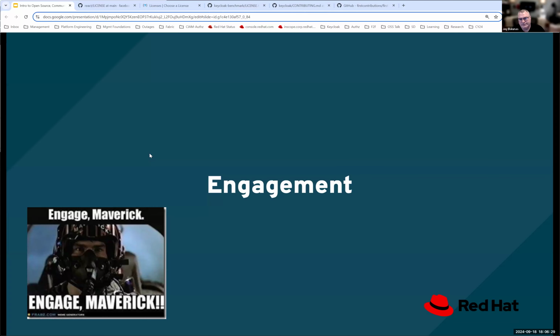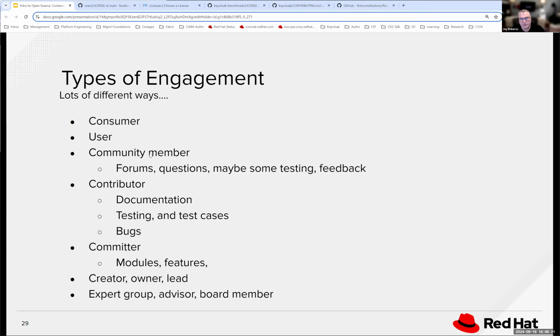All right. There are lots of different types of engagement with open source. As I mentioned before, you can just consume it. You can just be a user of open source projects like React or libraries or what have you. You can be a community member, right? You can be active on their forums or Discord. You can look at testing, perhaps. You can start to contribute, like documentation. Hey, I wrote up this documentation, or I fixed a whole bunch of stuff.